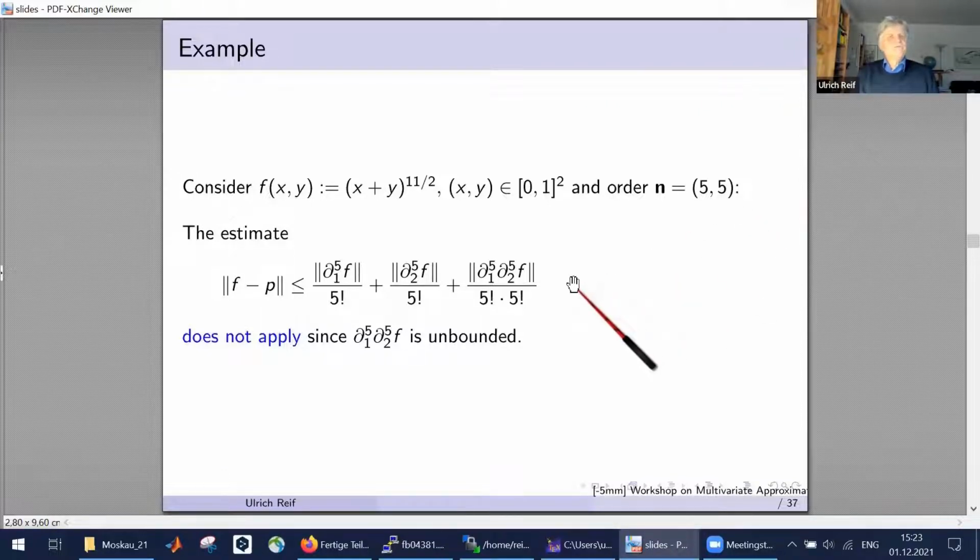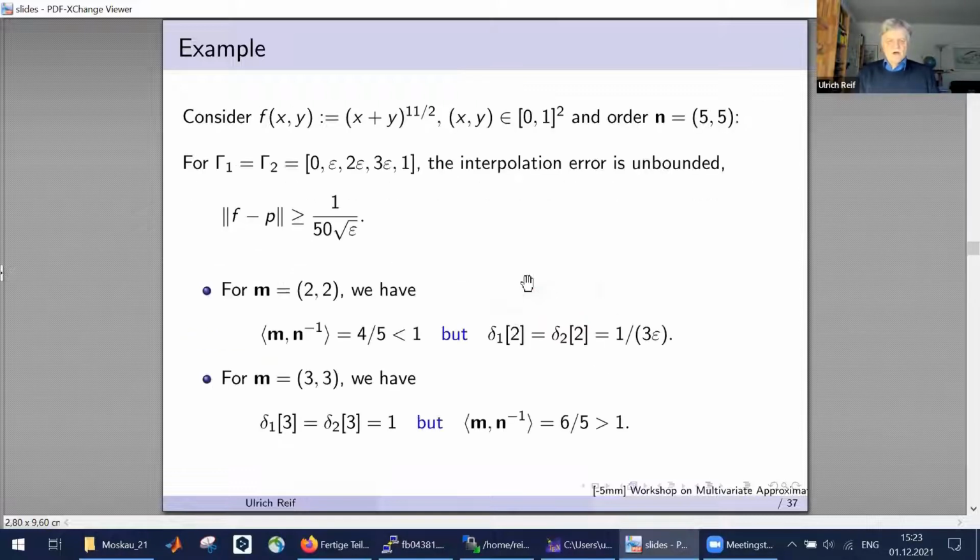The estimate of our first result using these mixed partial derivatives does not apply because this partial derivative simply does not exist. This is unbounded, so the theorem does not apply. Okay, now let's look at our better result using these least distances. We use the following